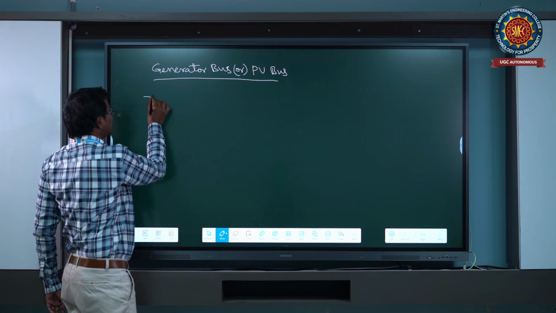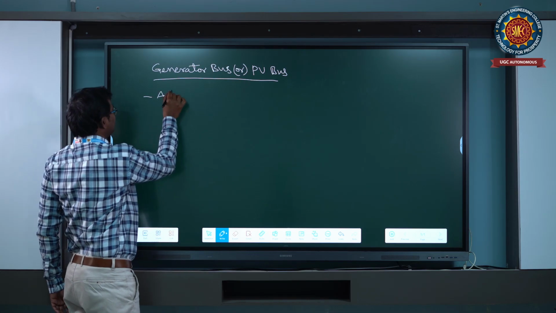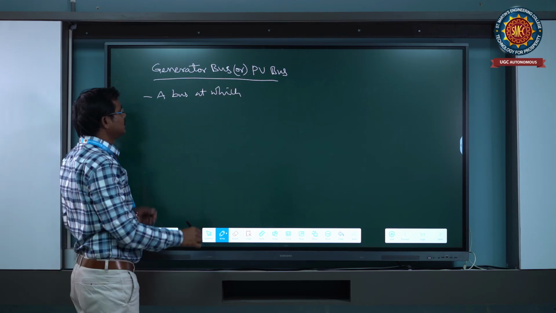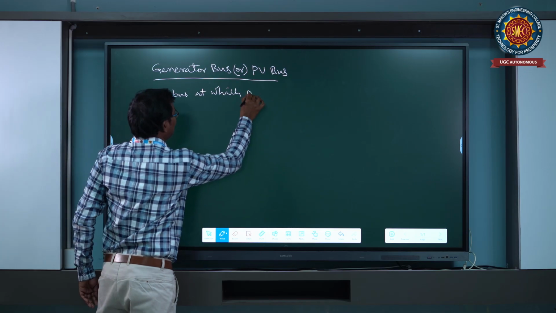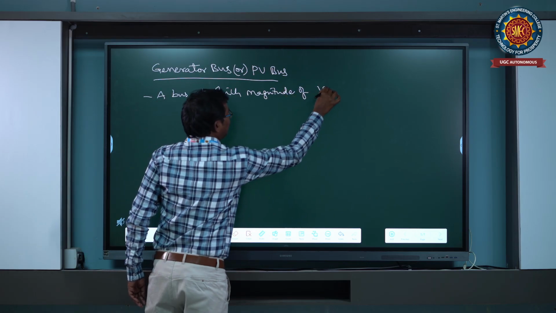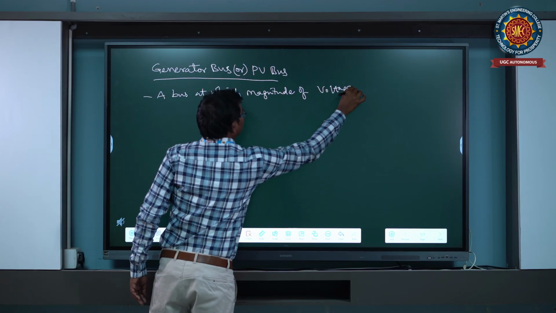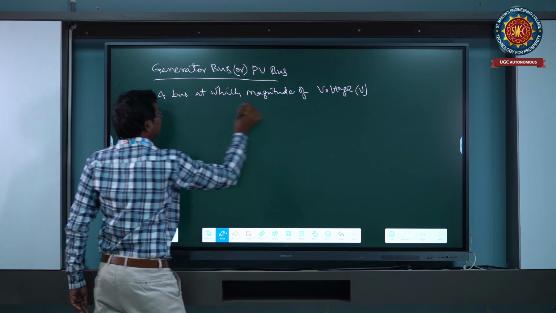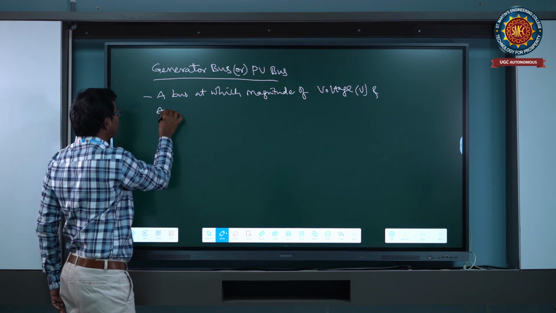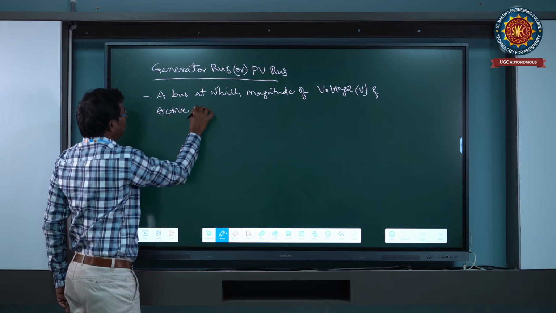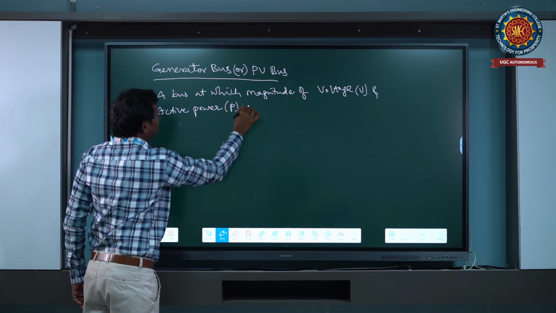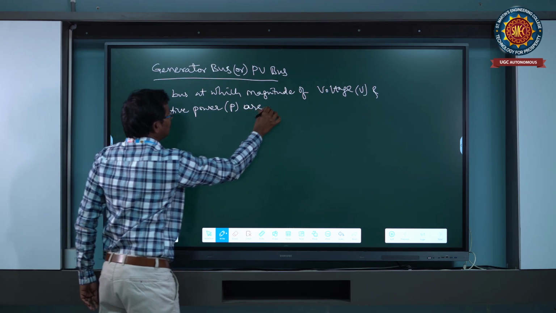Here, a bus at which the magnitude of voltage V and active power P are defined,